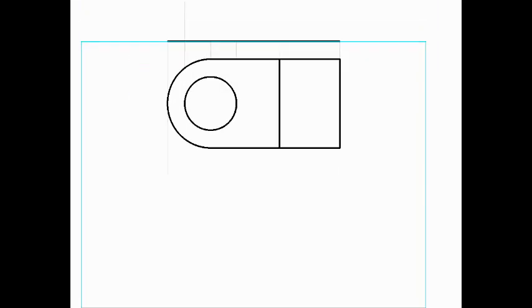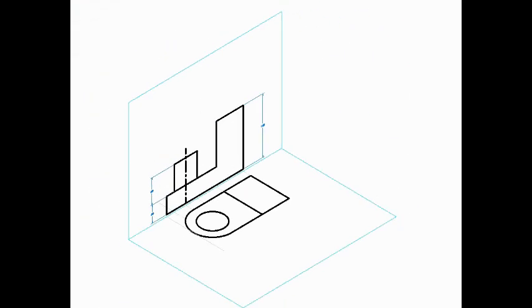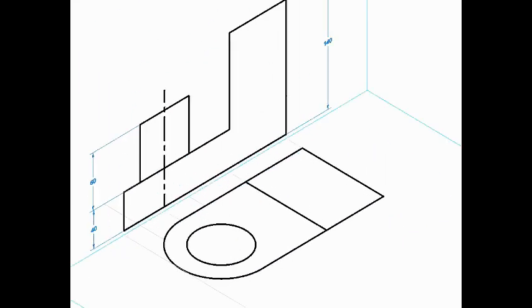Generally the two views should be combined together to form the given object. Let us try to see this thing in 3D. So here in this 3D you can see this thing, the front view and top view. I'll try to zoom it for clarity. So this way it is looking like. This is the front view and this is the top view.